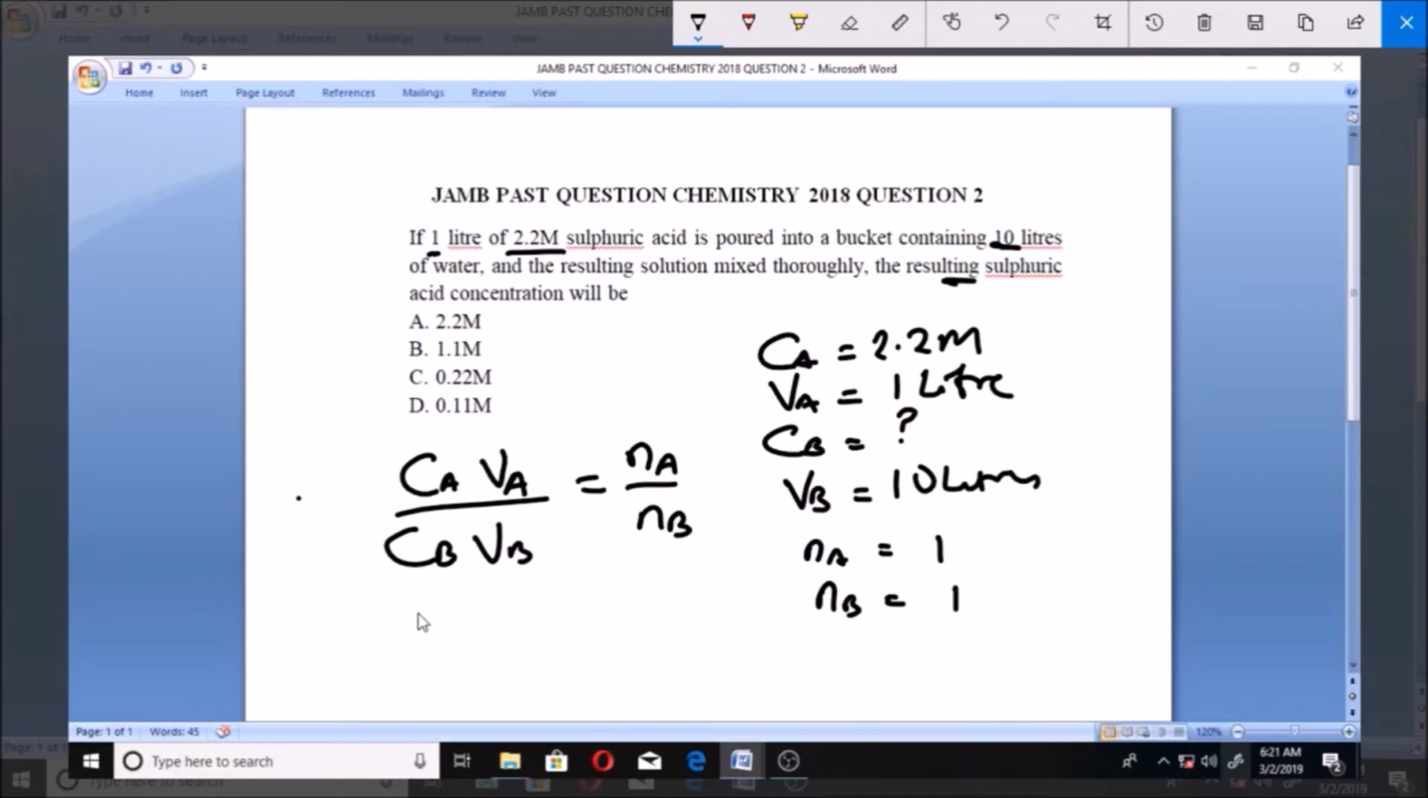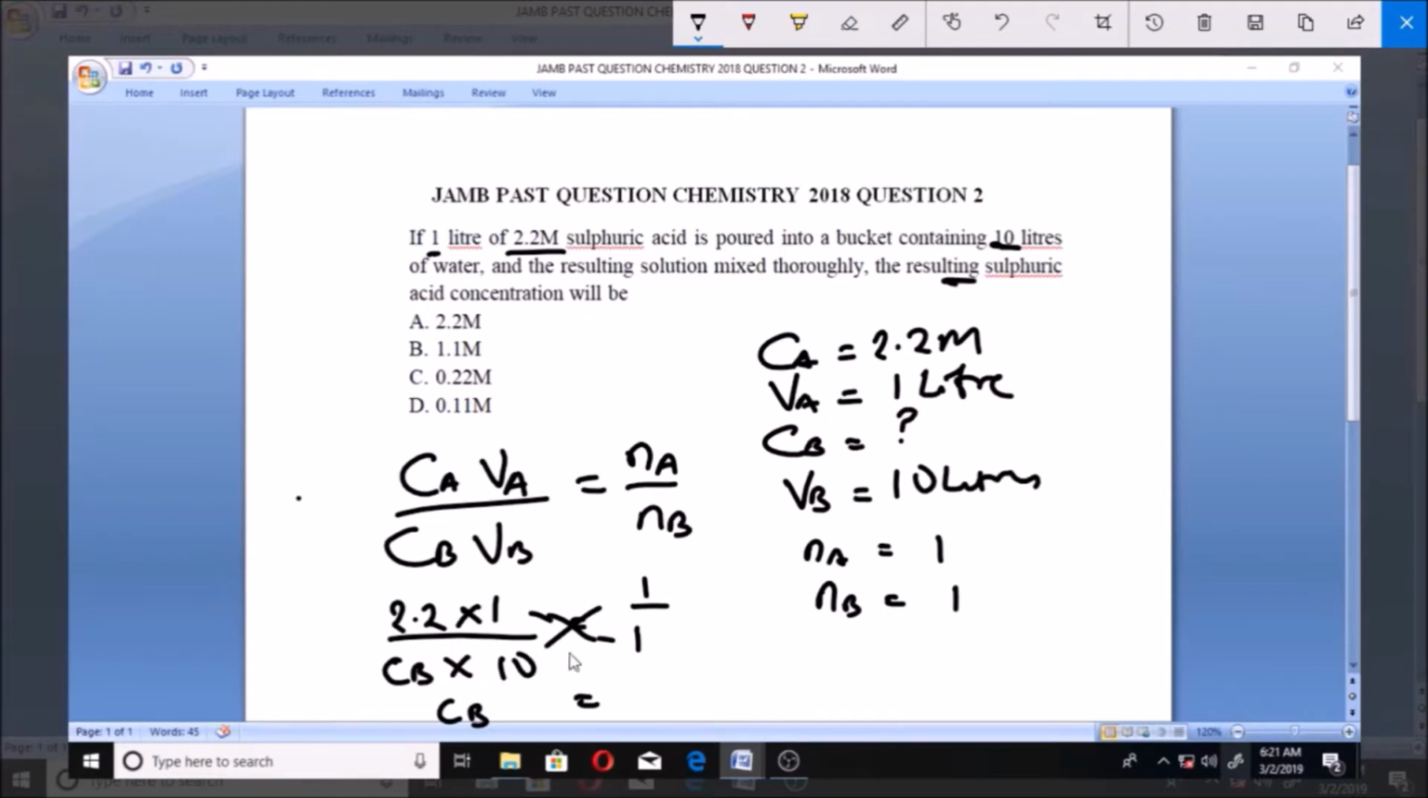If you write the chemical equation, you will find out that Na is 1 and Mb is also 1. So having this, if you fix this in this equation, Ca we already know is 2.2, so we have 2.2 times Va, which is 1, all over Cb. Cb we don't know, so we still write Cb times Vb, which is 10, equal to 1 over 1, which is 1. So if you make Cb the subject of the formula, if you cross multiply,